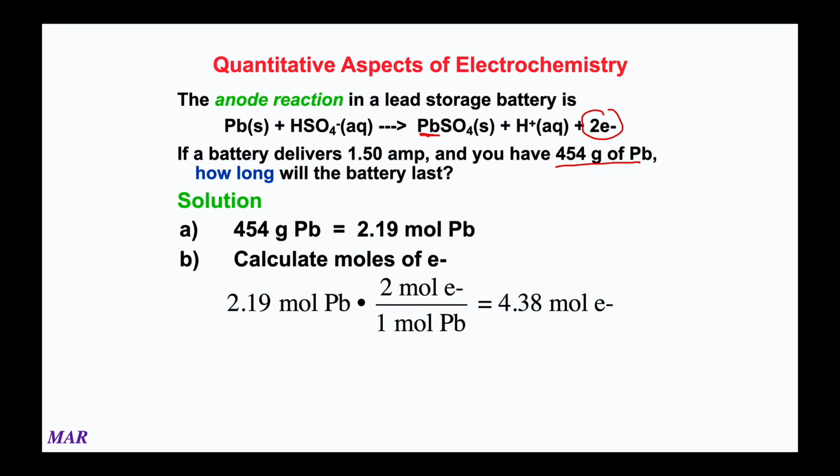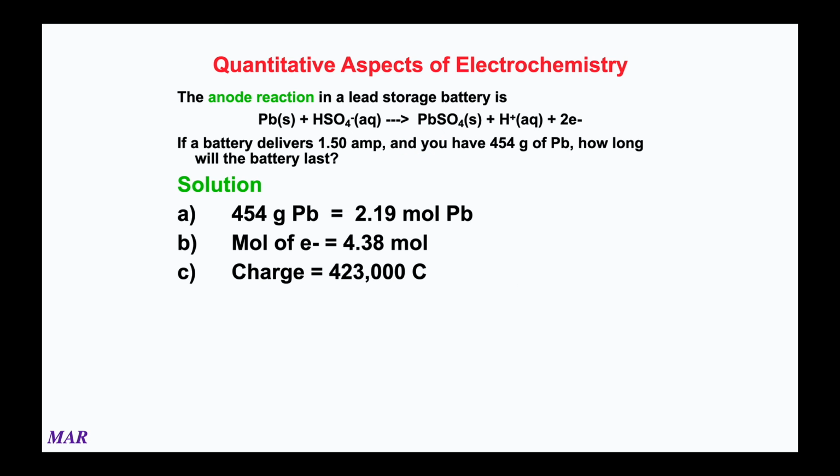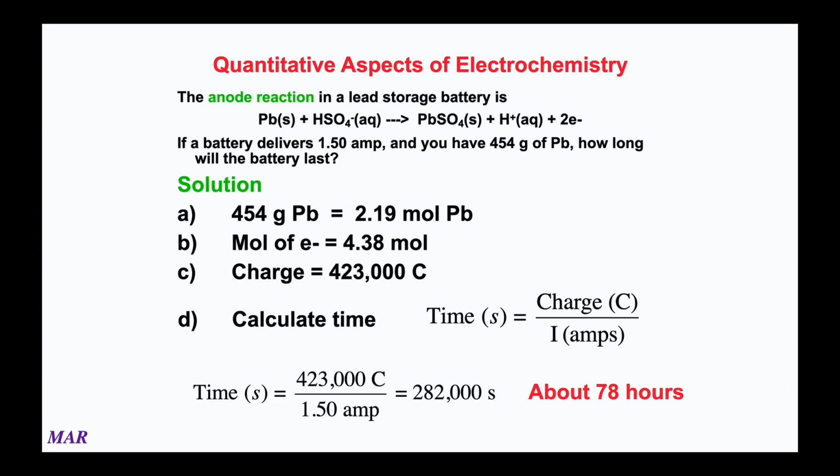Okay, well, after moles of electrons, we'll use the Faraday constant, 96,485 coulombs per mole of electrons times 4.38 moles of electrons, 423,000 coulombs. Oh, goodness. And then the last thing, if you remember from before, every time you see amp, think coulombs per second. So with 423,000 coulombs, and we have 1.50 amps, which is 1.50 coulombs per second, you want to take coulombs and divide by coulombs per second. Anyway, it comes out to be